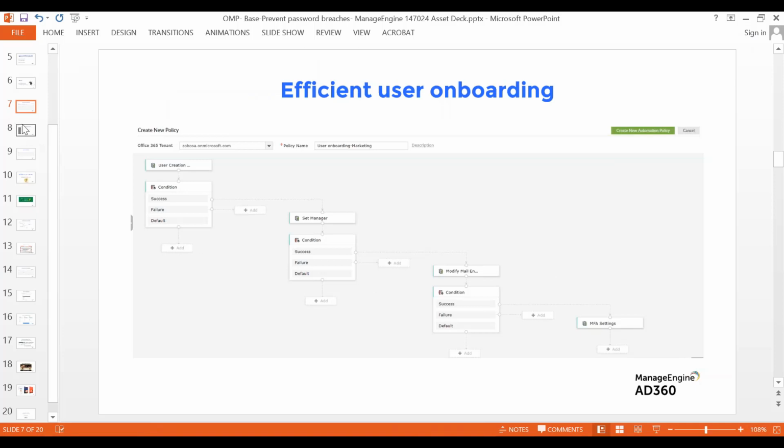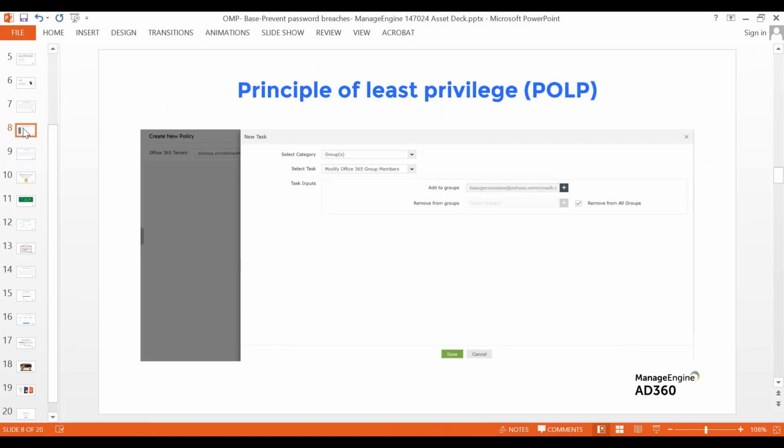So we've been talking about effective onboarding. The next obvious step is, as they go through the life cycle, they would need access to certain groups. They would need access for a limited period of time, and only to those groups that they actually are entitled to. So that can be ensured with two aspects.